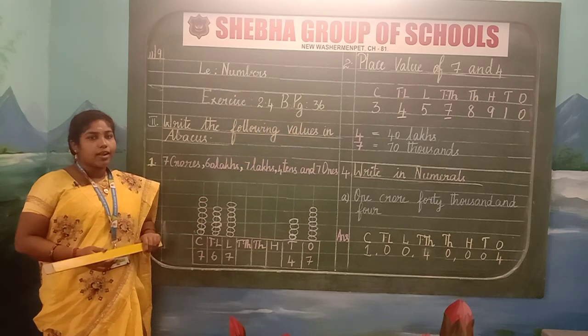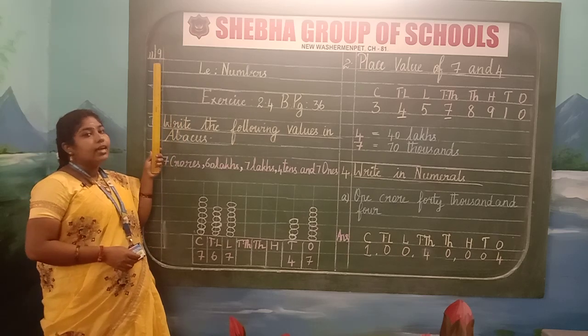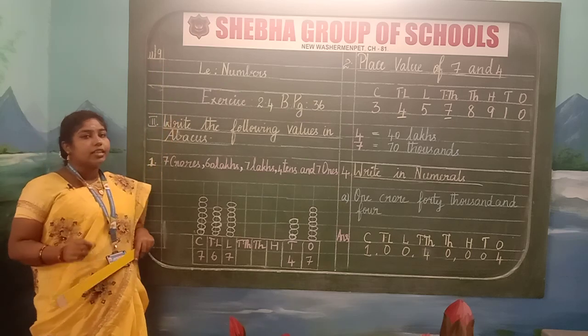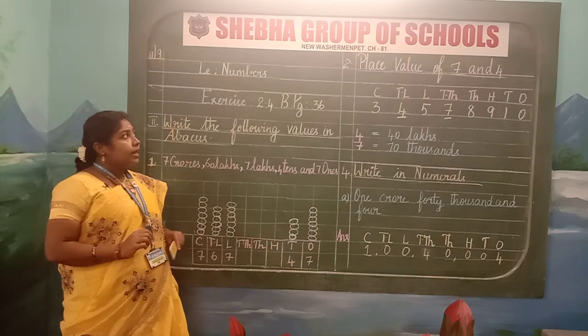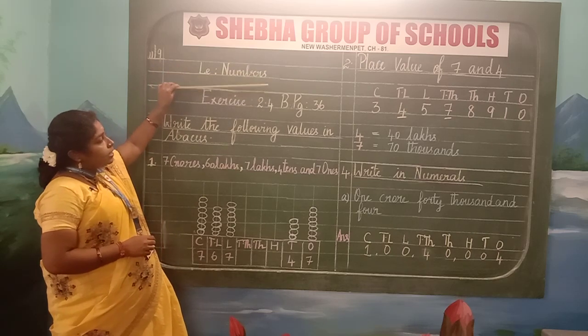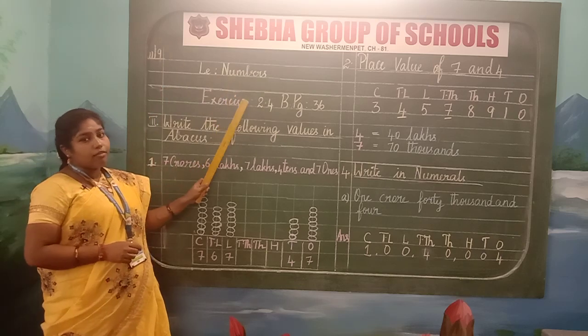Children, whenever we are writing, first we have to write the date. Children, where do we have to write? In the margin. Write it as 11/9. Use only the blue stick pen. Children, then cover the lines. Margin, first line margin, and leave the second line. Draw in the third line. Draw two lines to cover that.